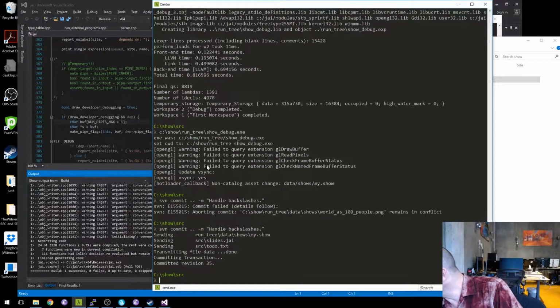Do you not want to allow comments on lines that start with a hash? Is it not better to have to escape that second hash? No, it's not better. I took the option to not have comments at the end of lines is what I did. And I think that's fine. For a slideshow, I don't really need that.